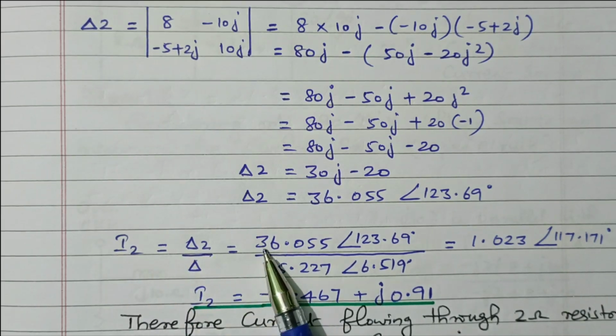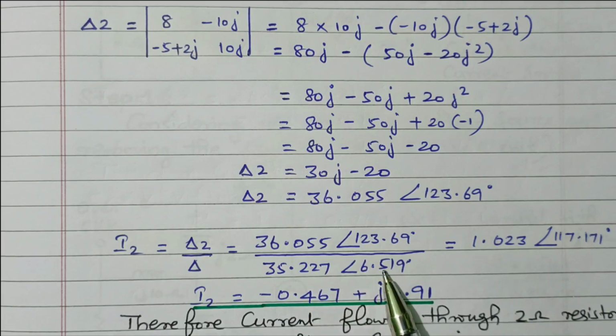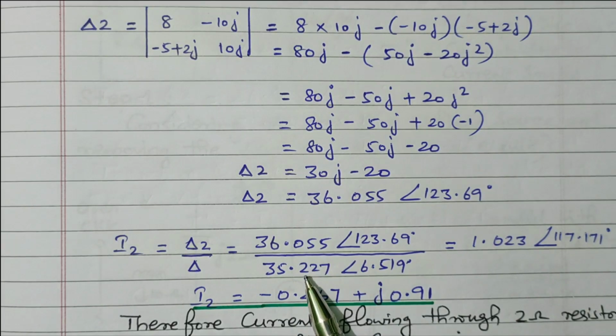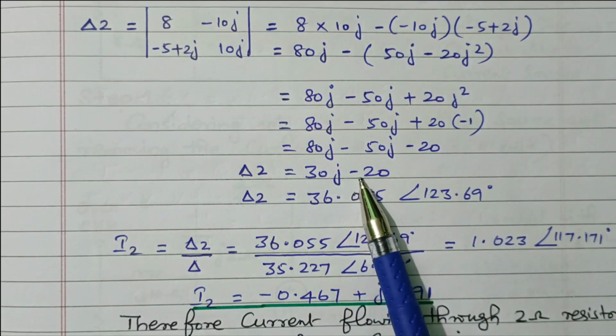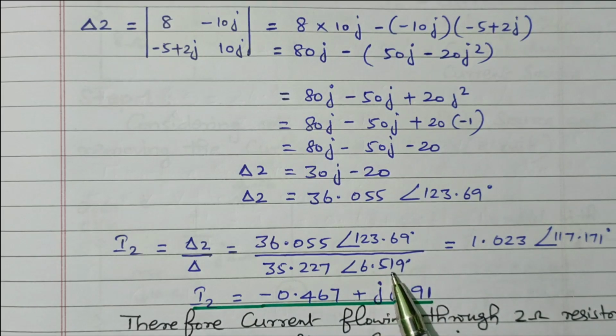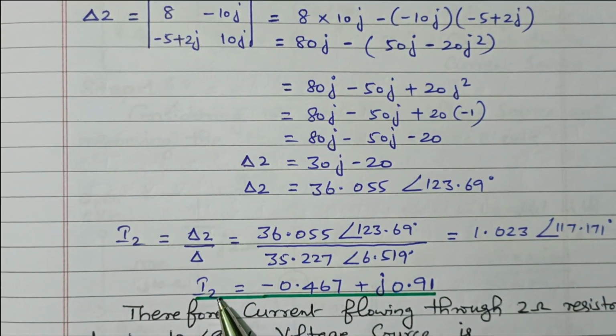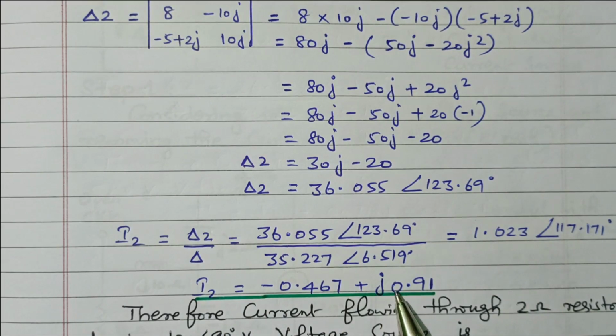Delta 2 divided by delta: 36.055 angle 123.69 divided by 35.227 angle 6.519. I already told, for division or multiplication polar form is necessary. For addition and subtraction rectangular form is easier. So these two magnitudes are divided: 36.055 divided by 35.229, so it is 1.023. The angles are subtracted: 123.69 minus 6.519, that is 117.171. So this is nothing but I2, the current due to only the 10 volt source, minus 0.469 plus j 0.91,